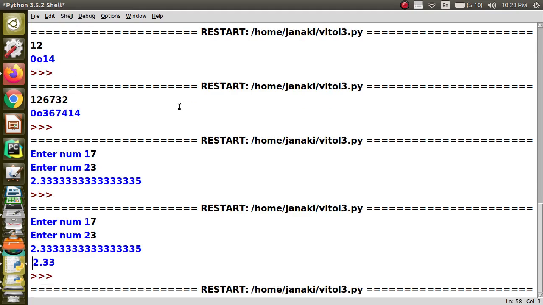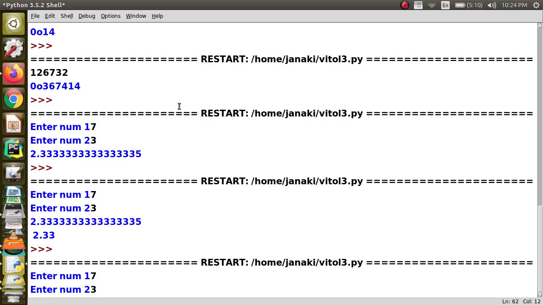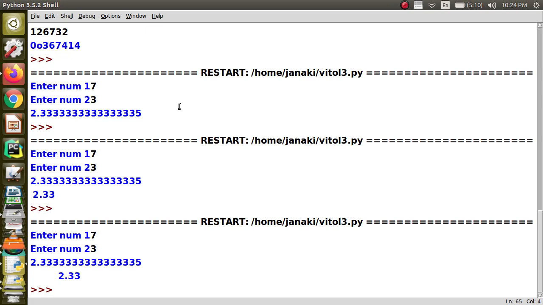So when you look at the value, now I am going to give the next value 7 and 3. Again we will give the same thing, right? So can you see a lot of spaces here, okay? And I want only 2 decimal places, right? And there are 4 characters that are getting printed, 2.33, okay? Remaining there is a lot of space, and generally the value will be right aligned.